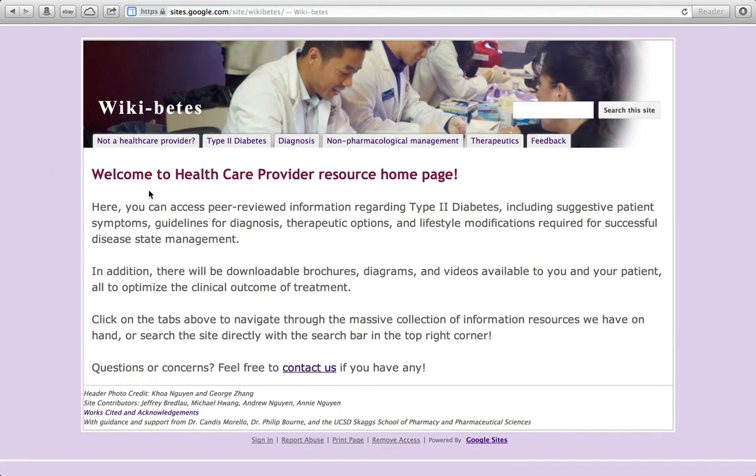So for our informatics project, our group decided to create a wiki site on diabetes. We named it Wiki-betes, and we're pitching it as a resource for healthcare providers and future healthcare providers like us. So the material presented compiles everything that we learned our P1 year, our interpretation of P3 therapeutics material, and really